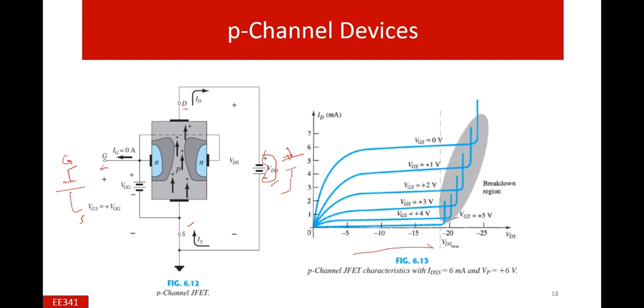If we decrease the VDS potential, there is some maximum value of VDS. After that, some breakdown situation occurs, and this is not recommended, and data sheets give alarming warnings about these situations. And again, this is the small saturation region,